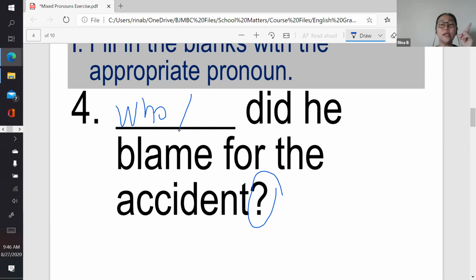No. Oh, hang on a minute. Let us see. What is this pronoun acting as? Is it a subject or blank? He did blame. Yeah, you're right. Instead of who, it should actually be whom. Whom without an E, yeah, because this blank would be a pronoun that acts as a direct object. So whom. Good job. Good catch, Ezekiel.